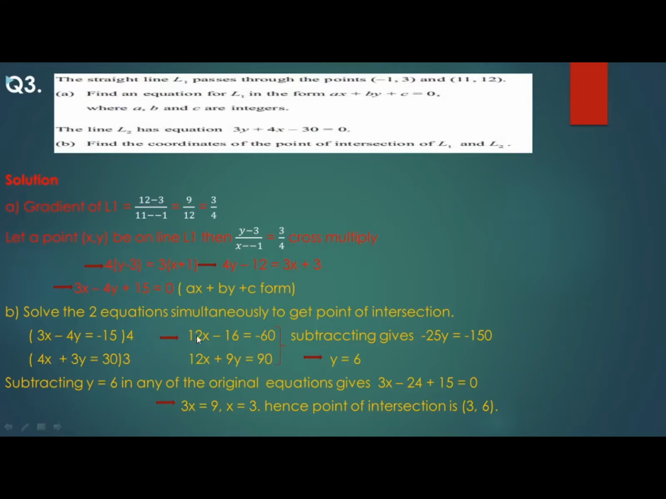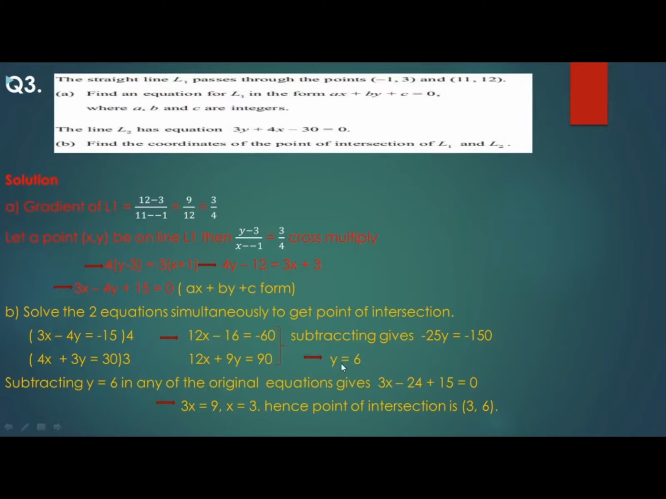So for you to eliminate here, to get a 0 on x, we subtract. If we subtract, we shall have negative 16y minus 9y, you get negative 25y. Negative 60 minus 90, you get negative 150. You divide by negative 25 all through, you find y equals to 6. So now that you have found y equals to 6, you go to